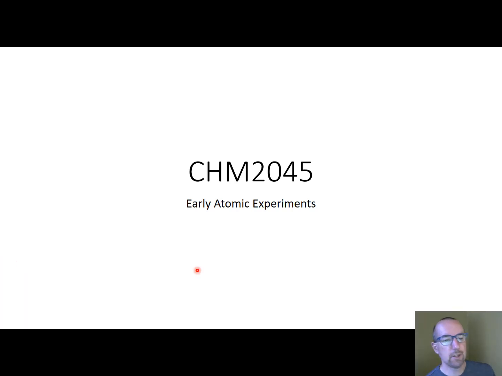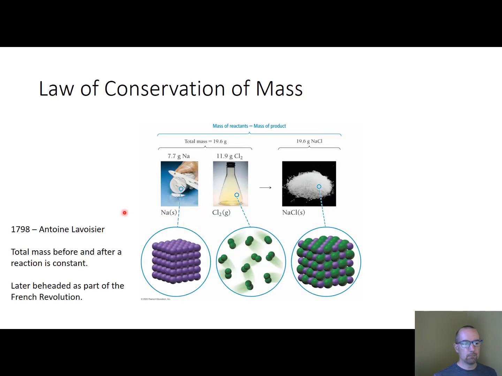All right, so the second chapter, Intro, deals with early atomic experiments, at least in the beginning portion, and it's a useful thing for us to take a look at. We're not going to dedicate a lot of class time to it because it does fall under just broad history. But, late 1700s, the end of the 18th century, we had Antoine Lavoisier.